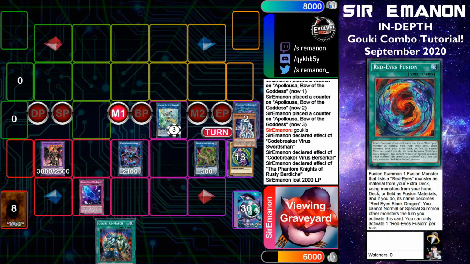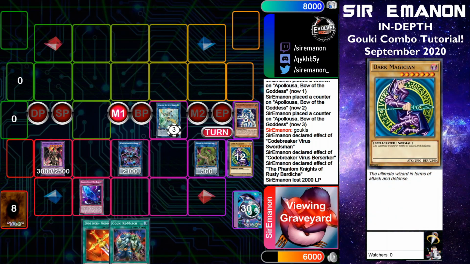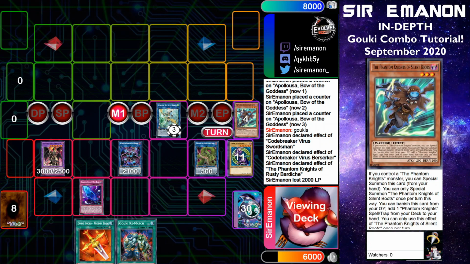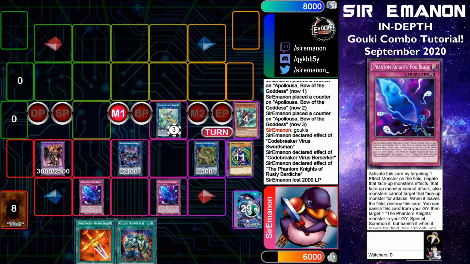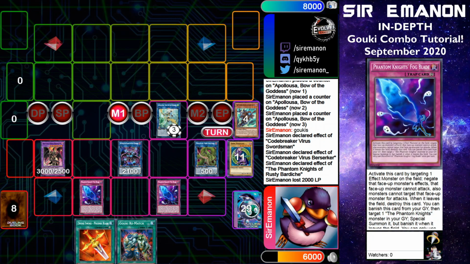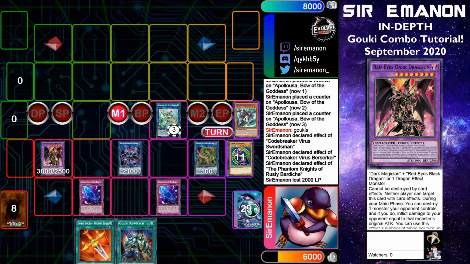Finally, we are going to go ahead and banish 2 warriors from my graveyard to add back Phoenix Blade, and then banish a copy of Silent Boots to go ahead and add yourself a second copy of Fogblade, which we are going to promptly set, and that is going to conclude this combo. So what you have here is 3 monster negations in the form of Appaloosa, 2 additional monster negations in the form of Fogblade, and then an Omni Negate and a very, very hard body to out with Red-Eyes Dark